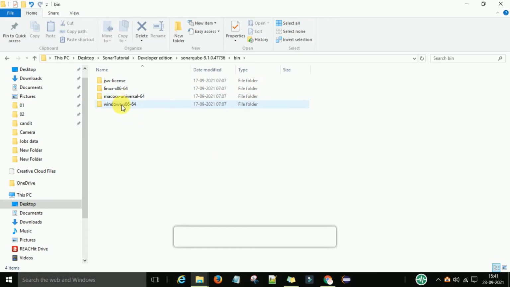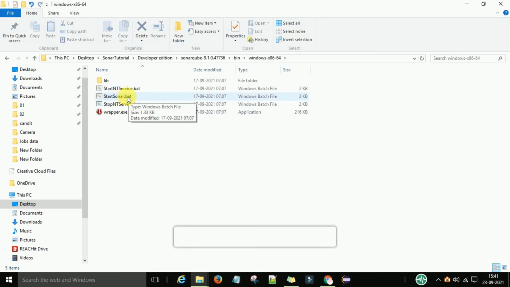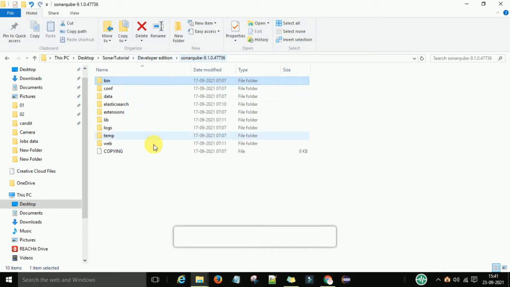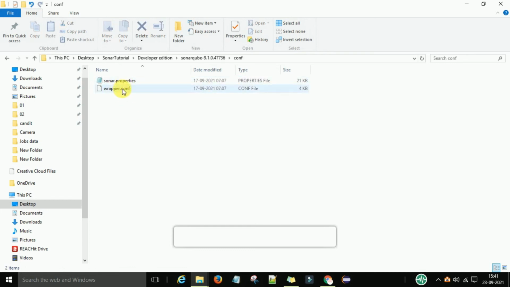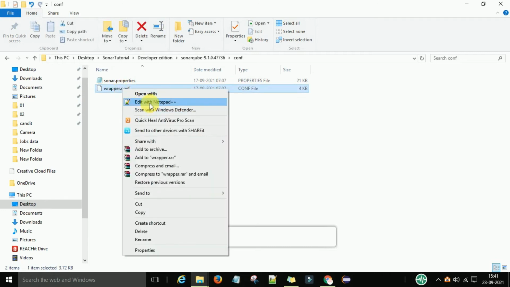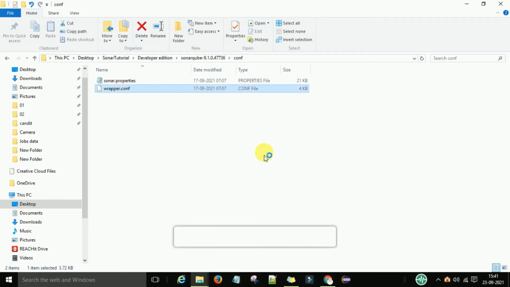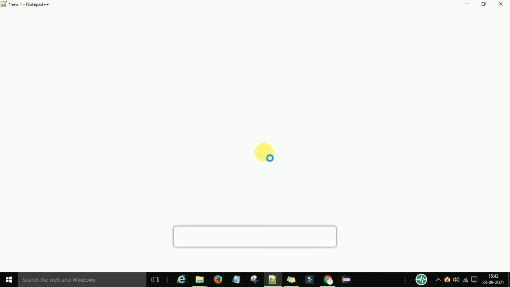Then we have the bin folder. In this bin folder, we can start the SonarQube server, the developer edition. But before that, we need some configurations that we also did for the community edition. You need to set up the wrapper.conf file, so the Java setup is required.